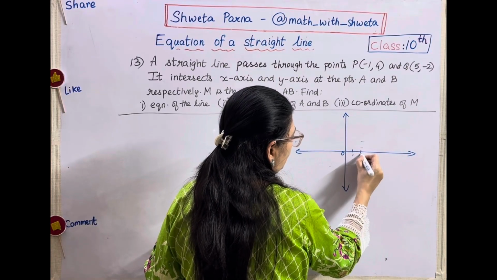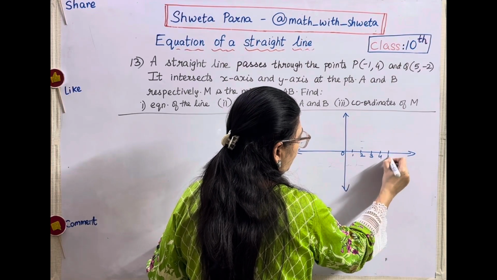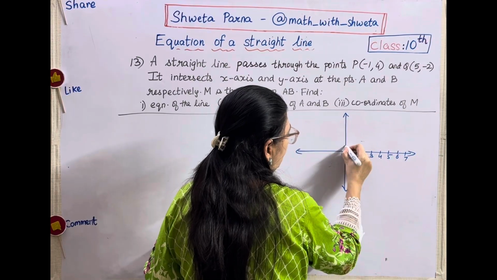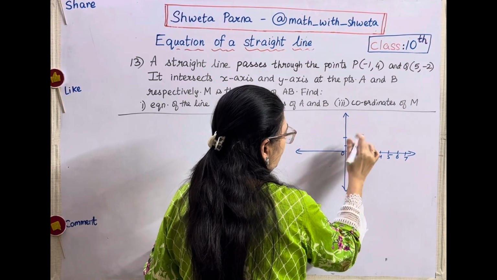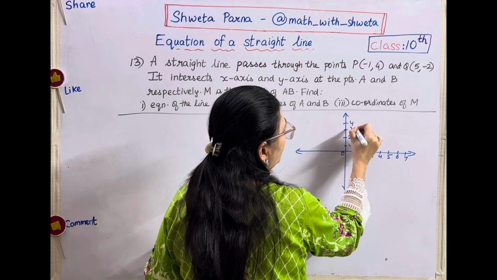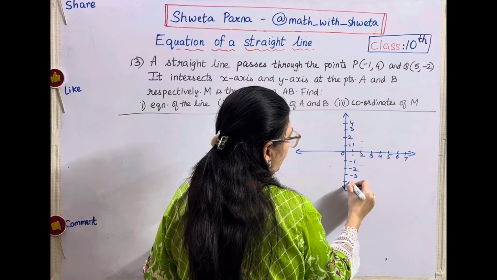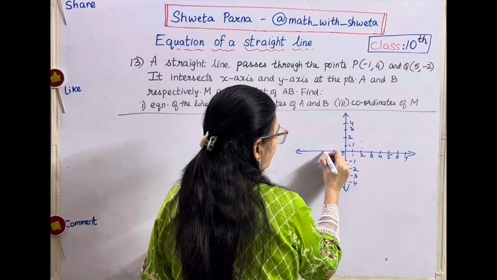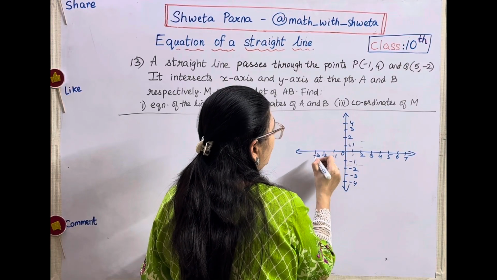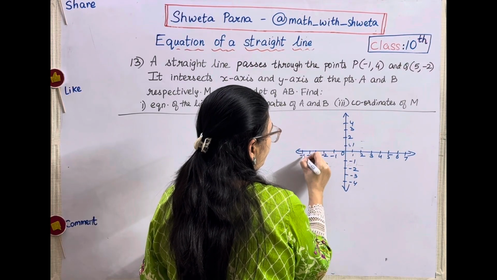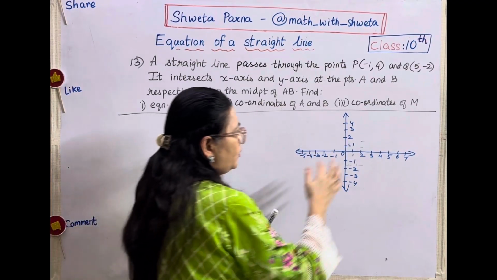Origin, 1, 2, 3, 4, 6, 7, 1, 2, 3, 4, minus 1, minus 2, minus 3, minus 4, minus 1, minus 2, minus 3, minus 4, minus 5. Okay, let's do this. Let's draw the